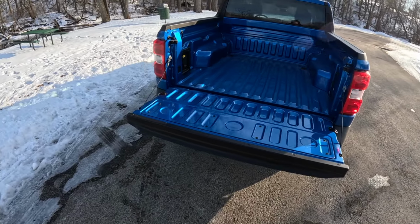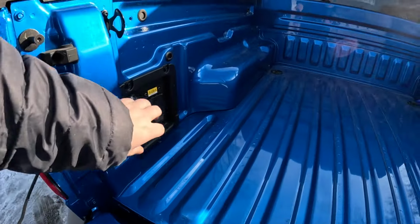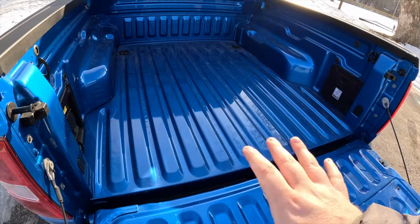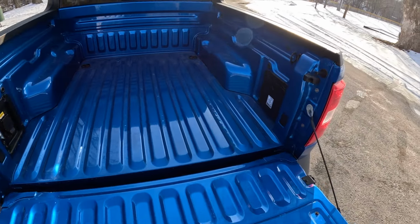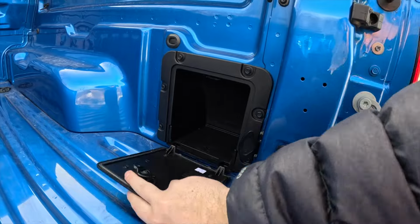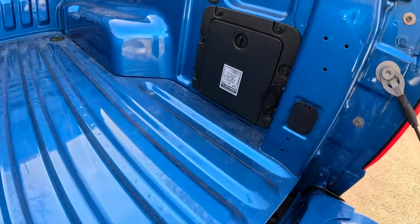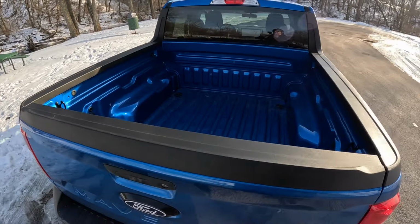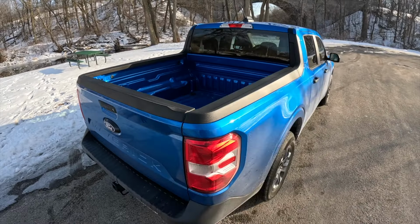Nothing really too crazy to write home about, besides we do have a wall outlet over here. Love to see that. No bed liner from the factory, at least on this particular one. And we do have some storage over there, which is very nice to see. The truck is now turned on to recharge the hybrid battery. But that is it. That is what you get around the back of the Ford Maverick, which I think is